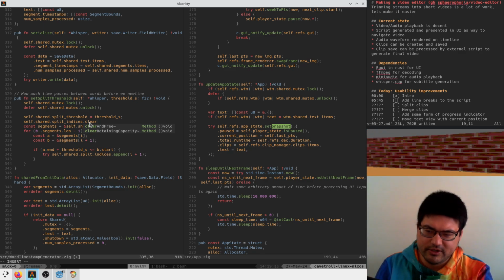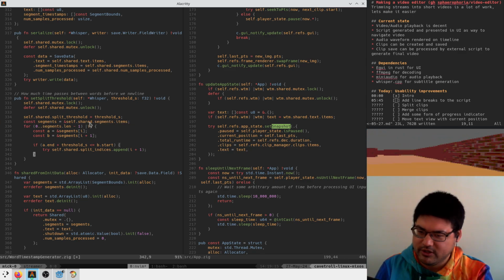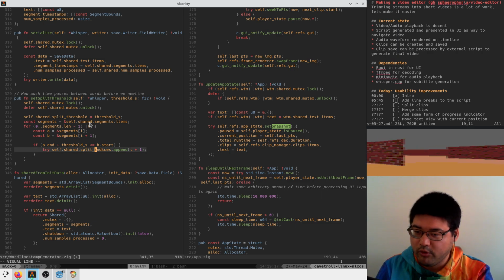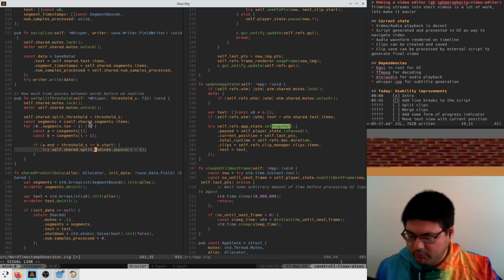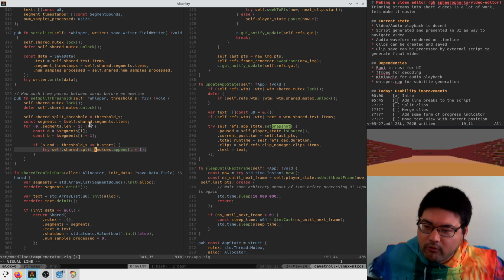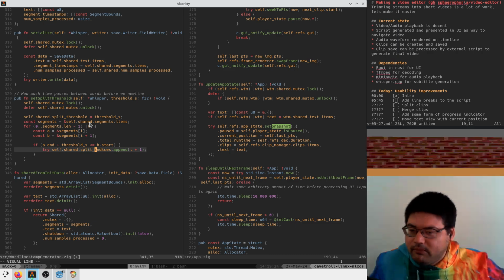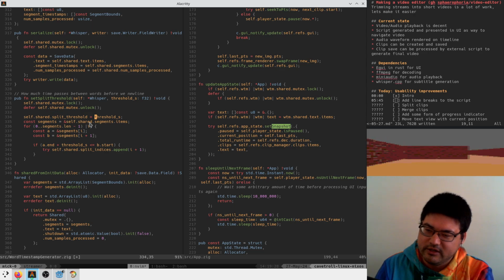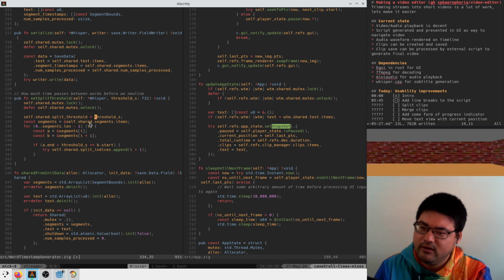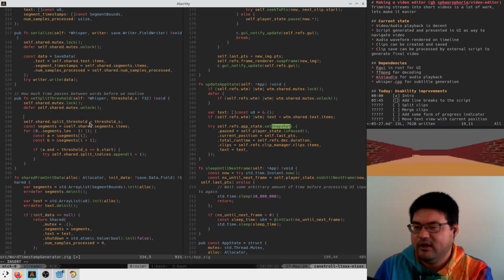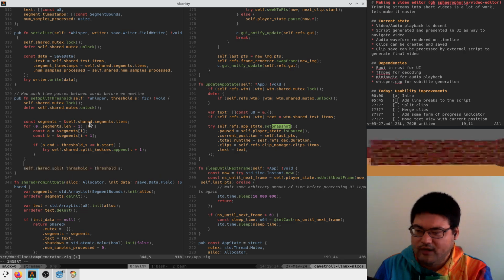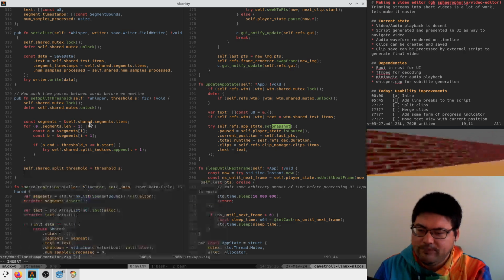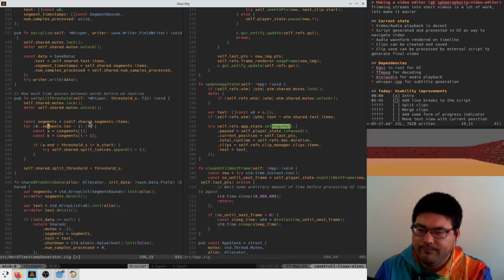Now, let's think about this. Say we try to allocate a bunch of new split indices, and this fails at some point. If we're going to be good citizens of our program, we should probably make sure that we only ever reassign our indices if we succeed. So it kind of indicates that we should do this all at the end. Yeah, so if we succeed,